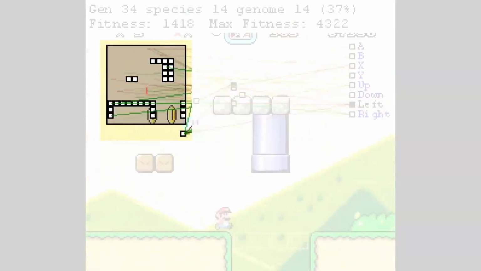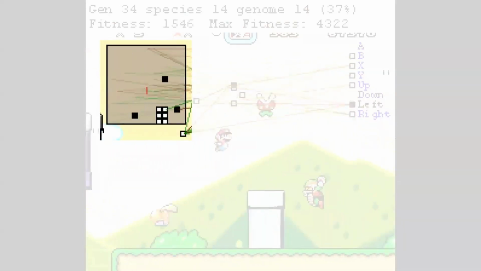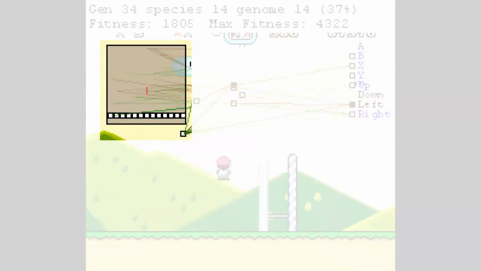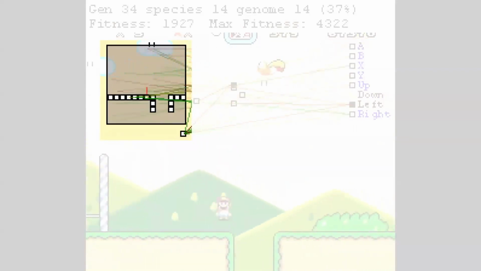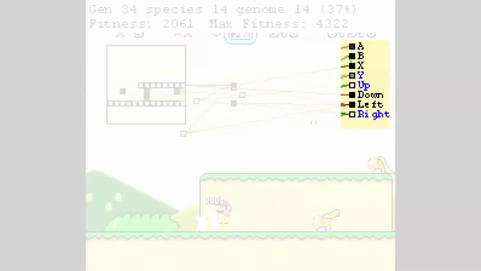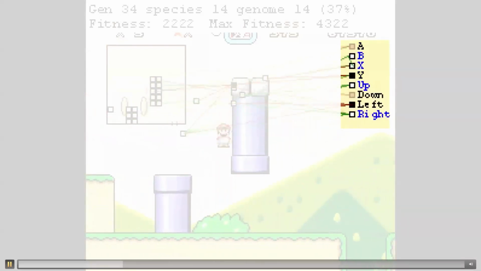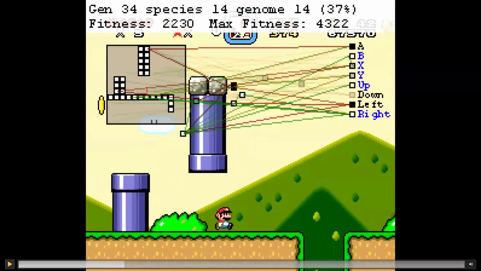This is what Mar.io sees. It's a simplified view of the level. The white squares stand for blocks the player can stand on, and the black squares stand for moving objects like enemies or mushrooms. On the right side you have the outputs. These are the 8 buttons that Mar.io is able to press by using its neural network. Just real quick, I was wrong about that red line in the center of the square there. That's actually where Mar.io is in the input.